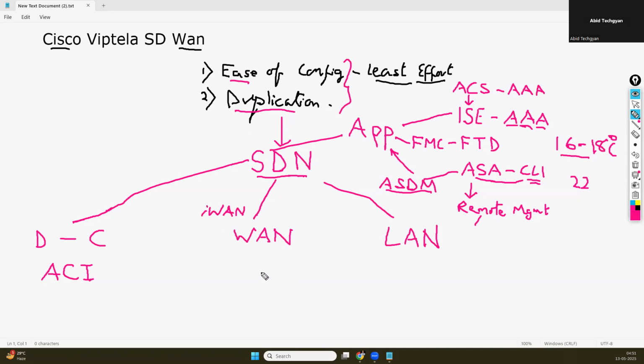So what happened? By the time Cisco was creating this intelligent WAN, this IWAN software, a segment was created which was called SD-WAN, software defined WAN. And in this software defined WAN, there were already other organizations which had created excellent